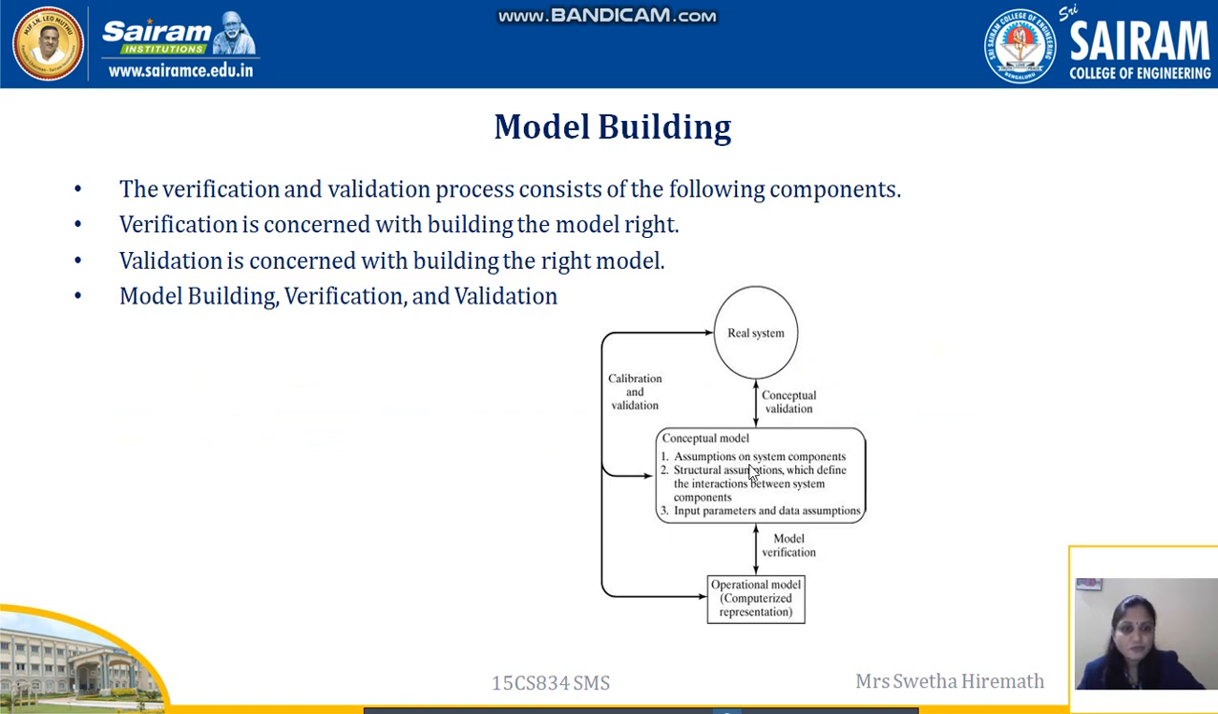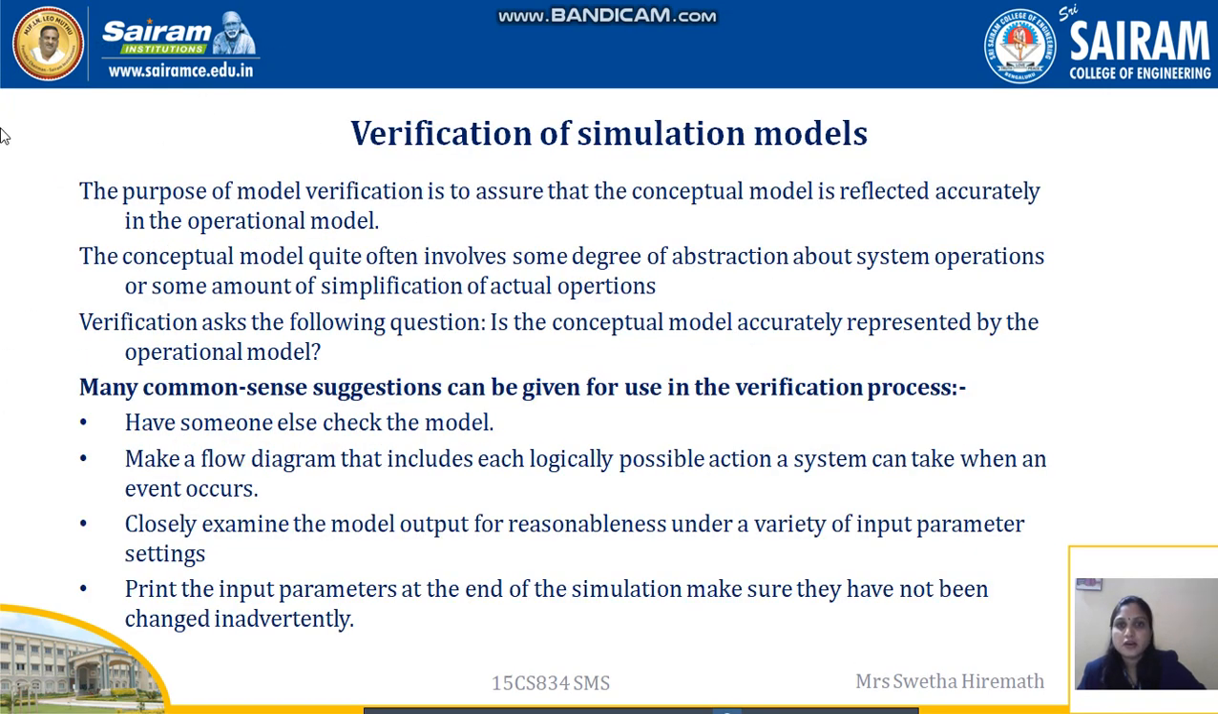So the first step is a real system, conceptual validation, conceptual model, then go for the operational model. Next, once the model has been built, what we have to do is verification of the simulation models. The purpose of model verification is to assure that the conceptual model is reflected accurately in the operational model. So first we will conceptualize the model, then we go for building the accurate model, the